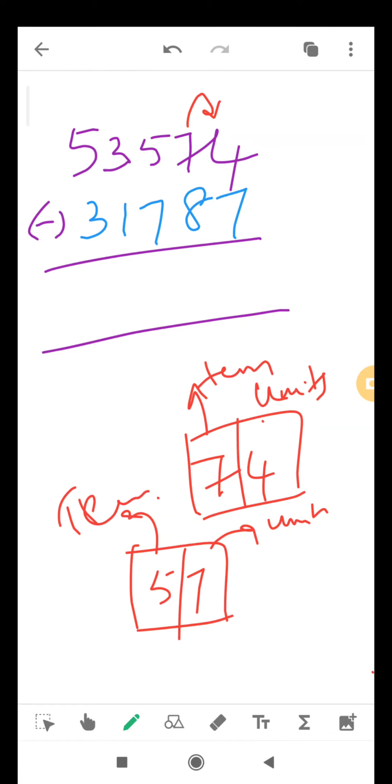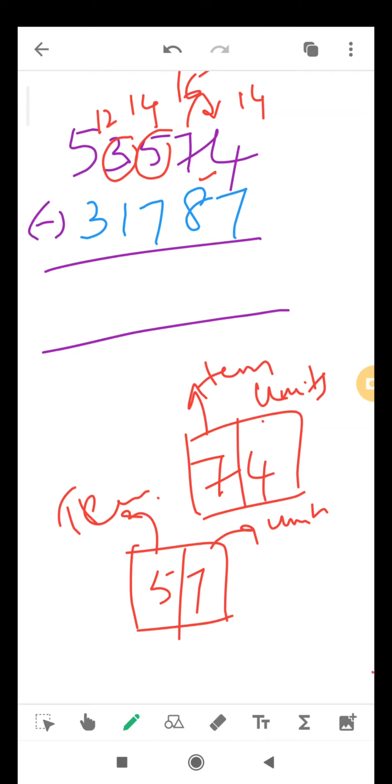Now when I take 1 here, 10 comes. 10 and 4, 14. So this is 14. Because 7 is gone from here, 7 will become 6, and here 8. This is 8 and this is 6, not possible. So again take 1 from here, so it becomes 16. From 16 we subtract 8, it becomes 8. Again take 1 from here, this becomes 14. From 14 you subtract 7, because 1 we have taken, 2 will remain. From this 5 you take 1, so this will become 12.